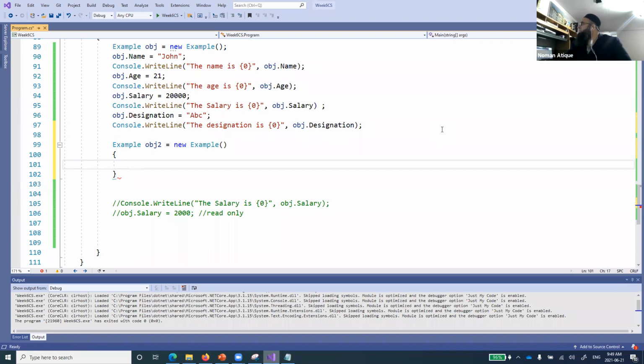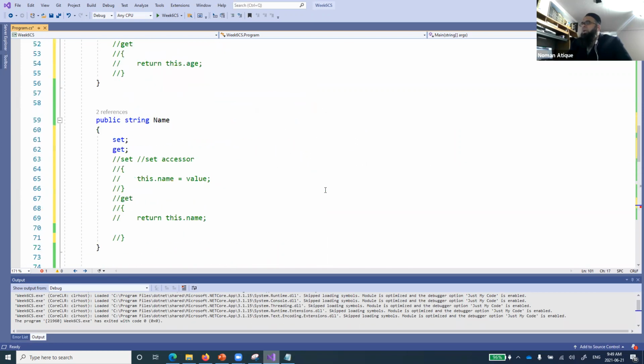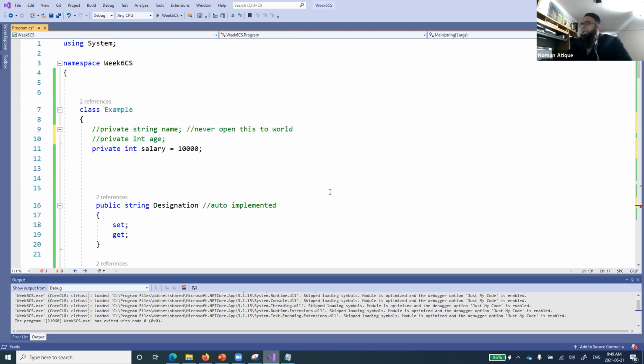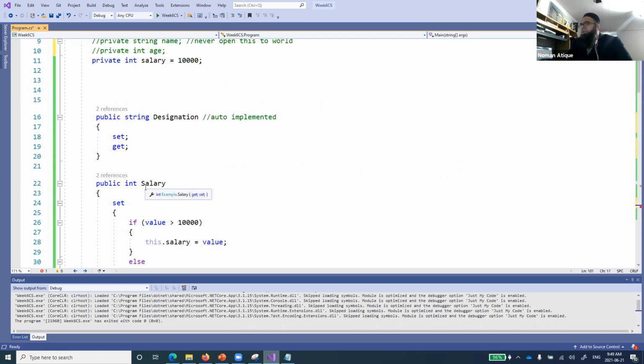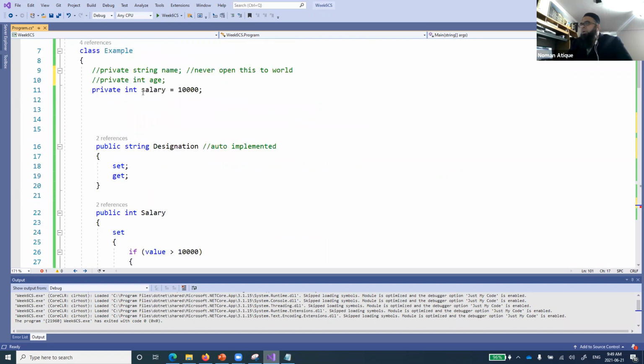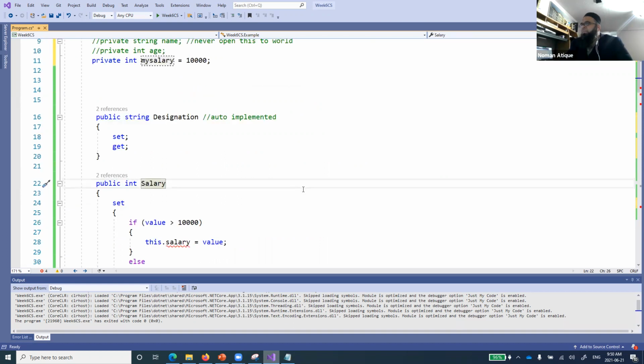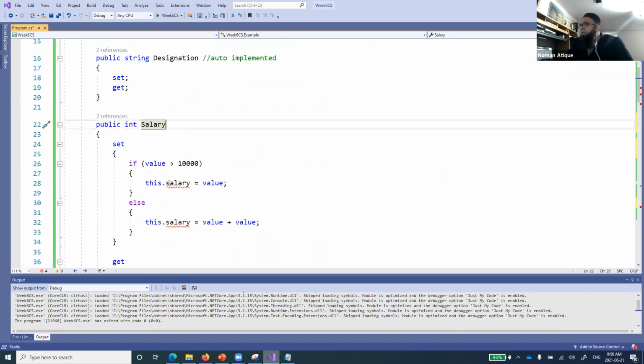Oh no, this is not mandatory. You are asking about the name. It can be anything at all. For example, this salary need not be called salary, I can call it mySalary, whatever. If I change the name, of course you'll have to change it over here, but that does not mean you have to make this one salary.